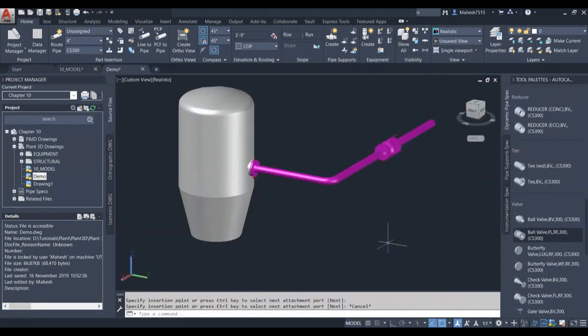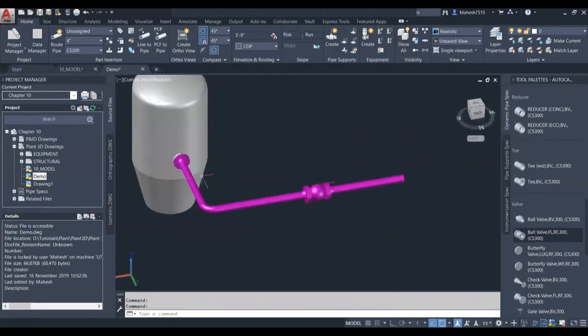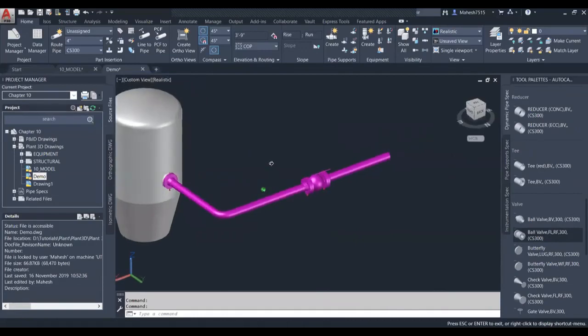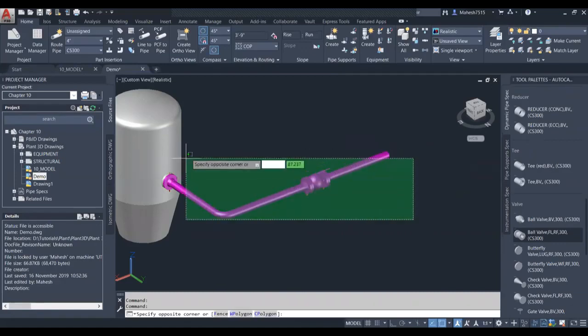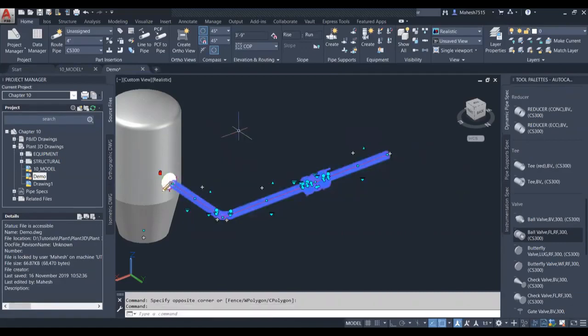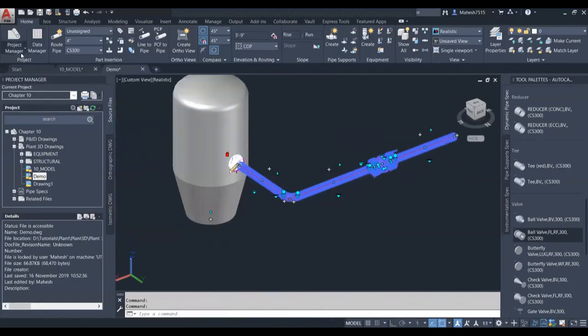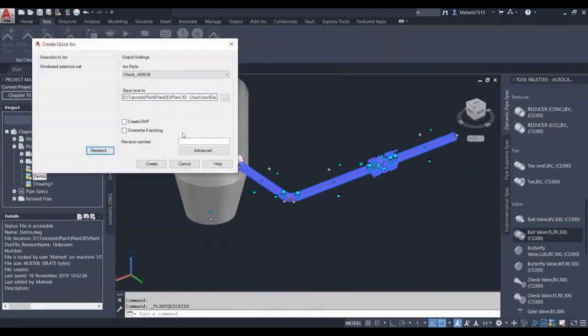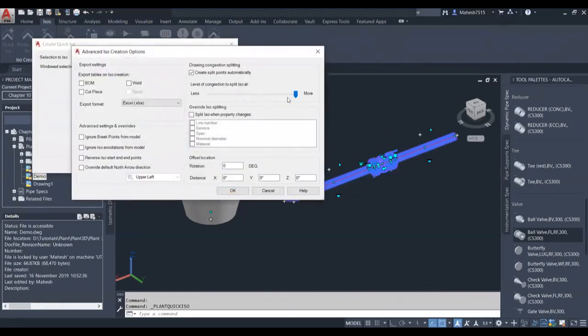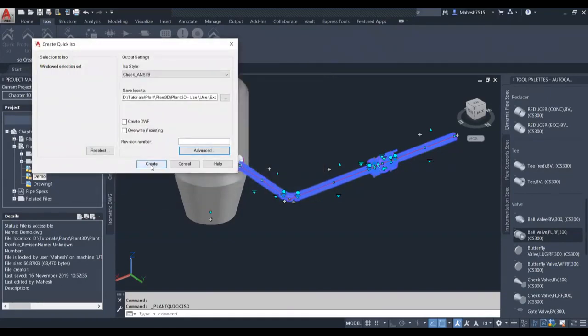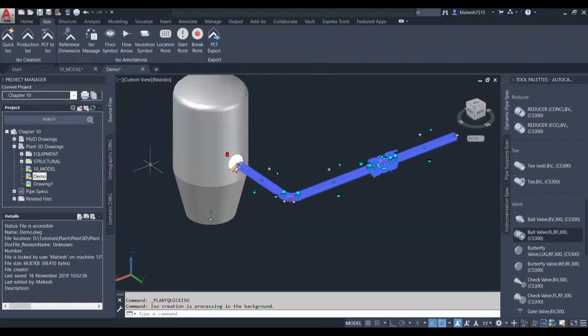Okay, we'll try to create an ISO for this pipe alone. The ISO should show that the pipe has a valve in between and it is connected to an equipment. Okay, let's see whether it shows. So go to ISO, produce a quick ISO here. If I am not going to give the congestion to more, it will split up. So I'll give congestion to more so that every part of a pipe is accompanied in a single drawing.